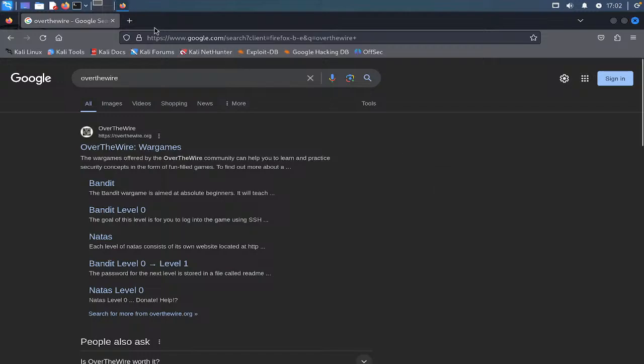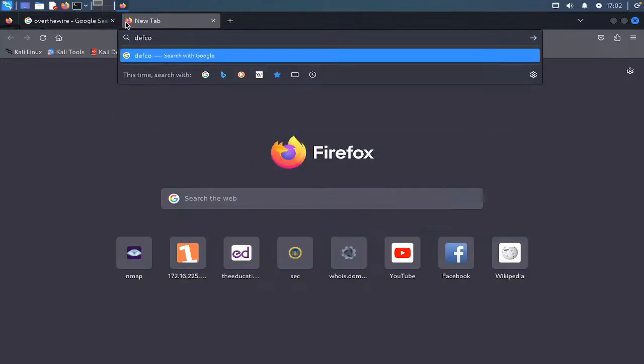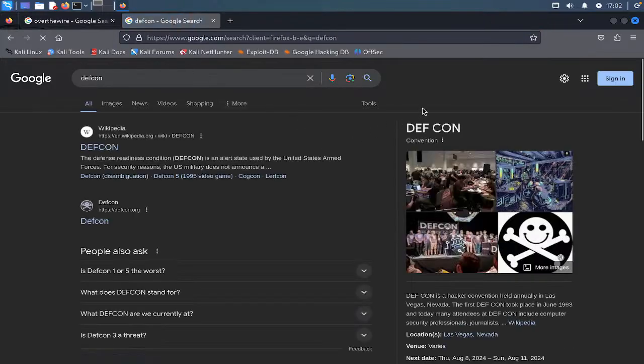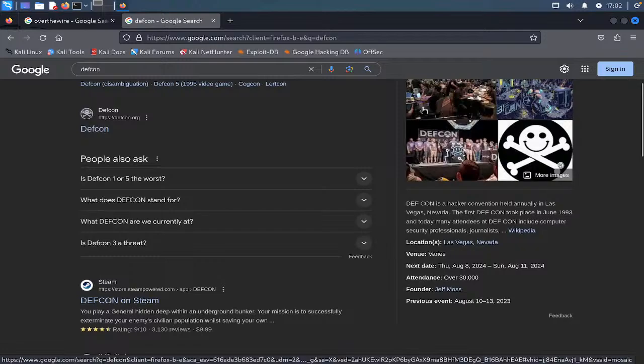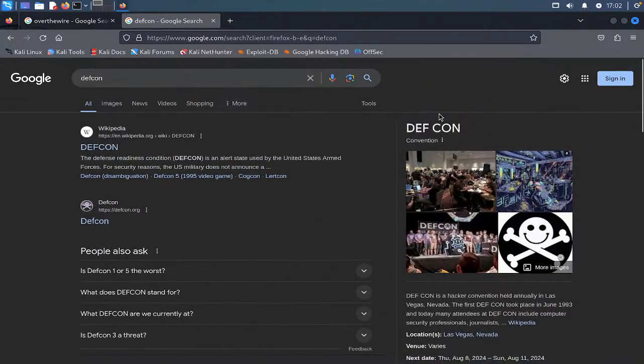CTF is a competition which usually takes place every year at DEF CON. DEF CON is a kind of cybersecurity or hacking competition in which teams from different countries all over the world go to the US and compete with each other in the field of hacking, right? So the DEF CON conference is basically based on hacking.